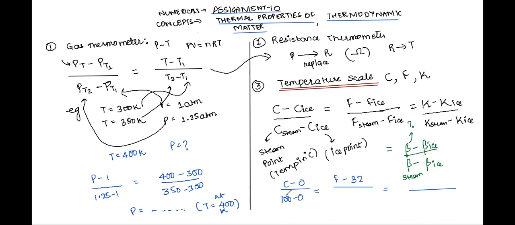in the case of Fahrenheit scale, right? So it comes out to be 180. I think it's 212 minus 32. So you can write this as 212 minus 32. Similarly, for Kelvin scale, you have K minus 273.15 or 273, and in the denominator 373 minus 273. These are respectively steam points and ice points. All I have done is just substituted the values, right? So on this basis, different questions are asked.